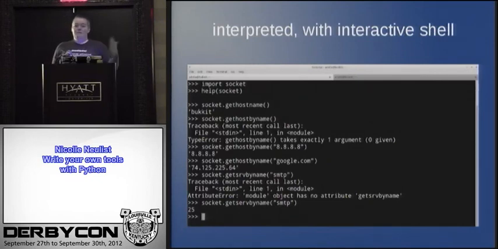Like if you have a module and you don't really know how to use it, you can either go online to python.org and go through the standard library documentation, or you can just type help with the module name in parentheses at the shell, and it's going to give you a bunch of information about how to get running with that module. And then I get my host name.